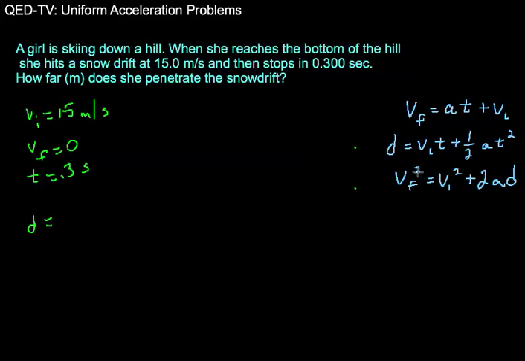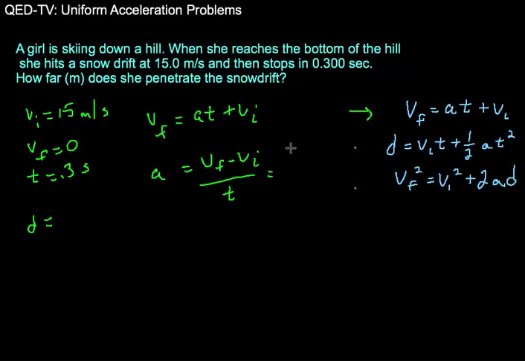I'm going to use them eventually, but I need to first figure out an acceleration that doesn't have a distance in it. So I'm going to use this first equation here because it does not have distance in it. And I want to solve for my A. So I have VF equals AT plus VI. So if I'm trying to find A, it would be A equals VF minus VI all over T,